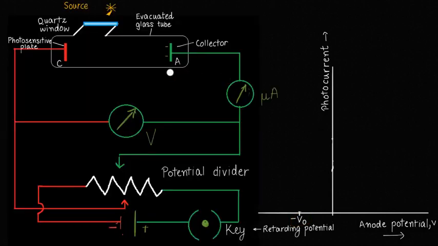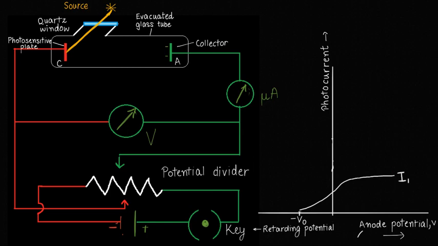Now coming back to your photoelectric effect. Look, suppose this source is emitting light of intensity I1. If the light is incident on this photosensitive plate, photoelectrons are generated. These photoelectrons will be detected by this ammeter. Hence, you will get a photocurrent. So you'll see a graph like this. This is for your intensity I1.